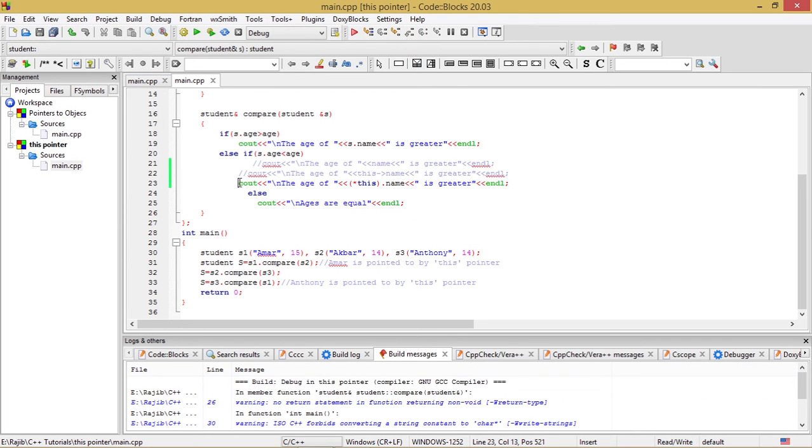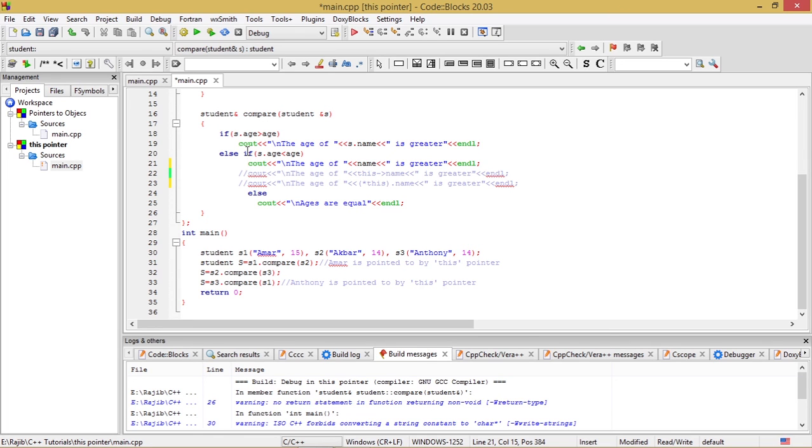So we can use either of these three statements for implementing the concept of this pointer in C++. Let me go to the original settings and uncomment this line.